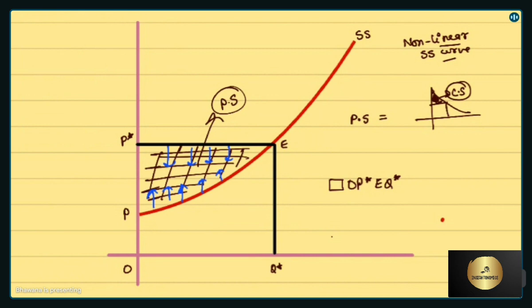And if you need the exact value, for that you have to see whether the curve is linear or non-linear. If it is linear, then you will simply use the triangle formula, 1 by 2 base into height, and you can get the value for producer surplus. But in case of a non-linear supply curve, you have to integrate this value up to Q star and then you have to subtract it from this rectangle, so that you will be left with this much of value. Okay, so let's solve it